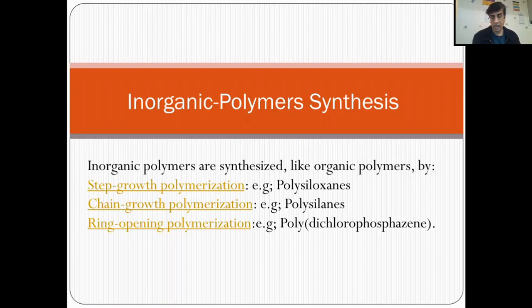Any questions can be asked, because this time most likely the exam is online, so most questions will be multiple choice, right? The emphasis will be more on their names, their repeating unit structures, their uses, and how they are produced. Very unlikely the mechanism will be asked, but I could ask the mechanism in the assignment, or deliberately upload a wrong mechanism in the exam and ask you if it is correct or wrong. That's how I can judge whether you understand the mechanism or not. Okay, so now